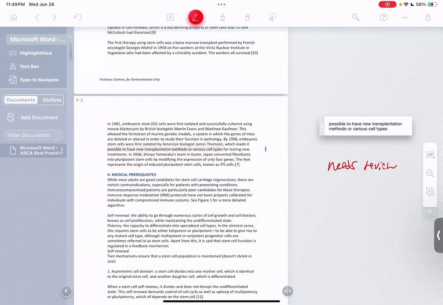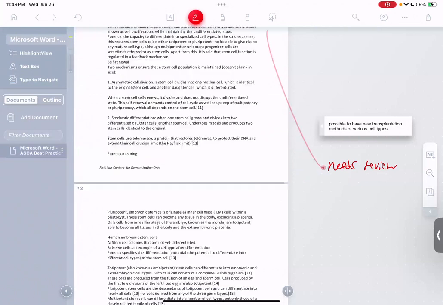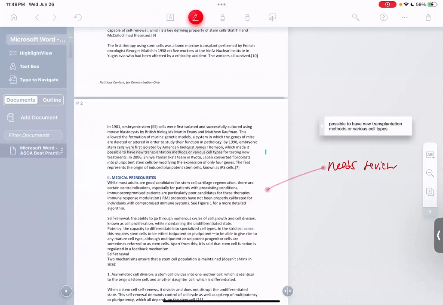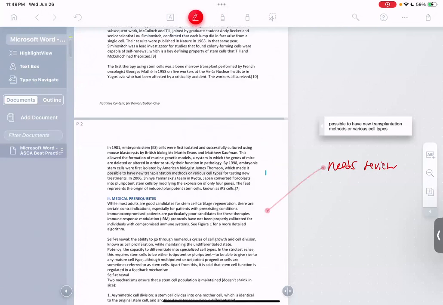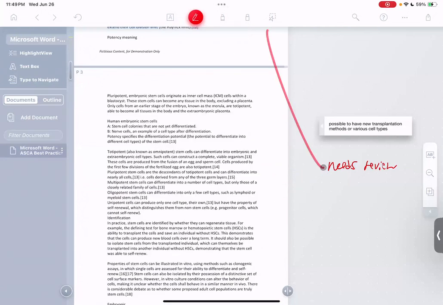Needs review. I can simply draw a line, an ink link, directly to what I want to review. And you see it creates that ink link right there. And wherever I am, I can simply click to get right back to it. And of course, finally,